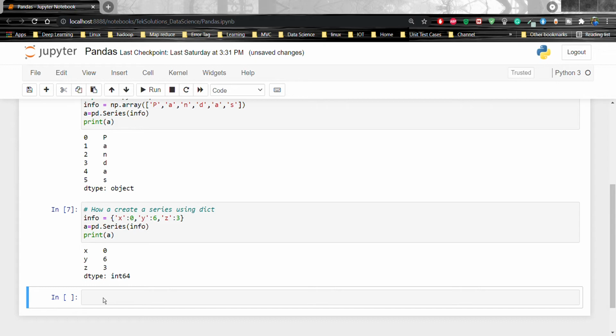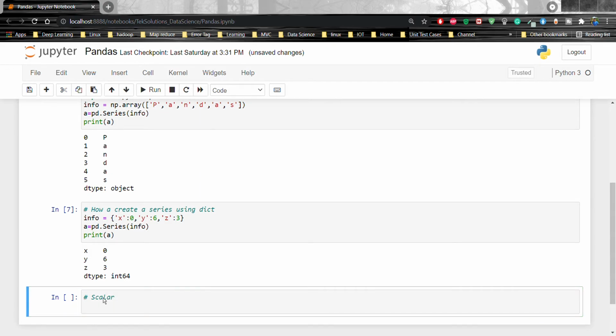Now I am going to show how we create a series using a scalar. If we take a scalar value, then the index must be provided. The scalar value will be repeated to match the length of the index.